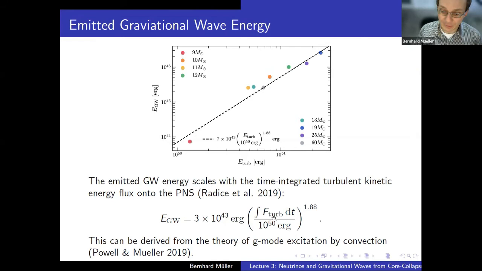On a less fundamental level, you can understand it as the overall strength of gravitational wave emission as related to the vigor of convection that excites the G modes and to the duration of the convection